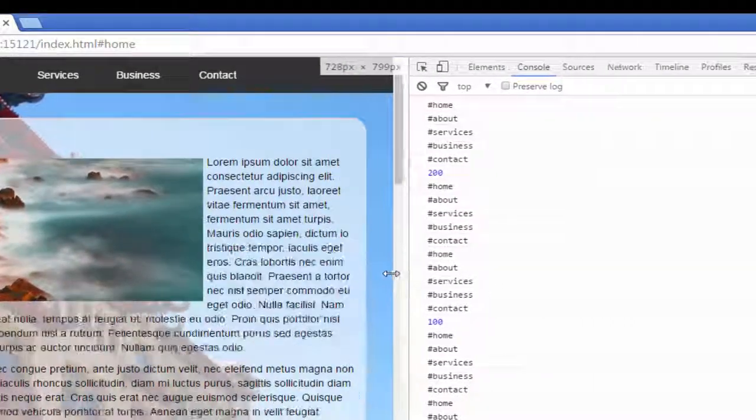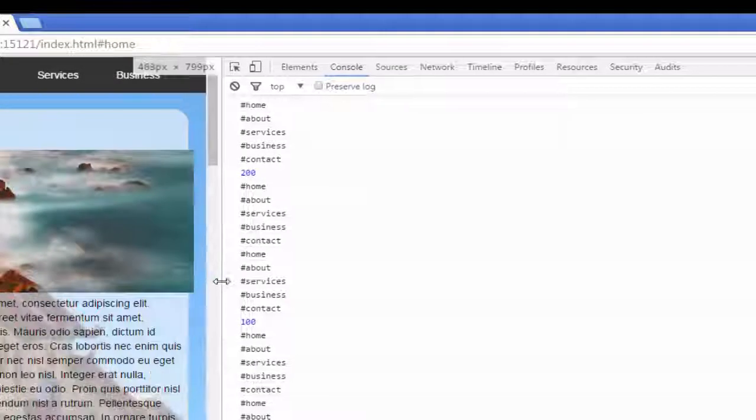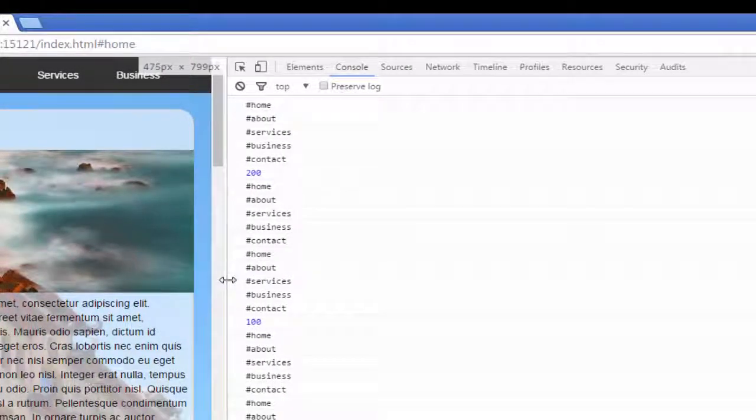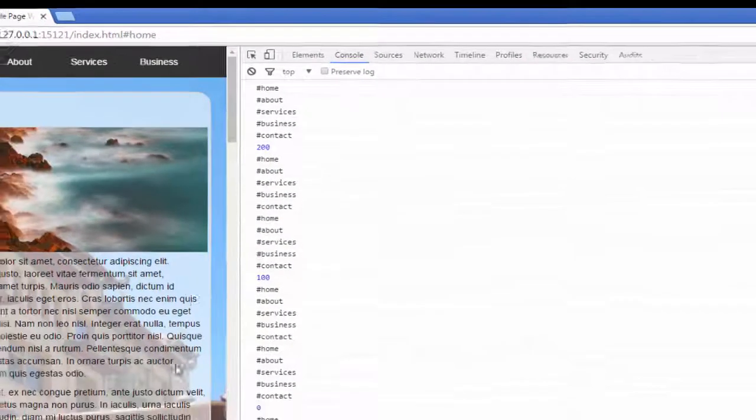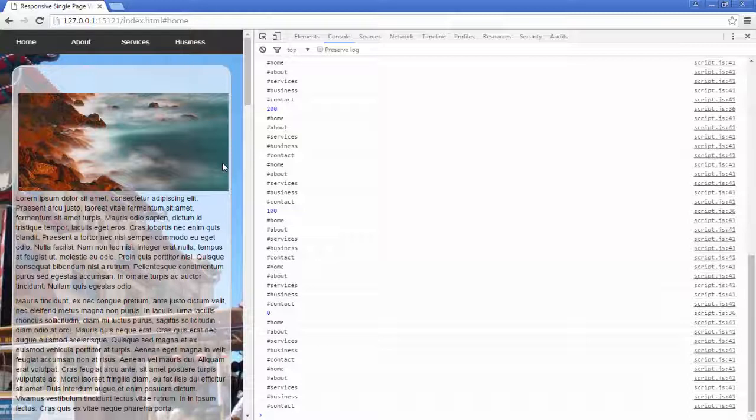So what I am going to do is make a media query for the maximum size, which is 480 pixels. This is the maximum size of 480 pixels, so I am going to make the media query for this size, and I am going to make this navigation hidden, which is right now using the nav class, and then I am going to make another navigation for this media query.